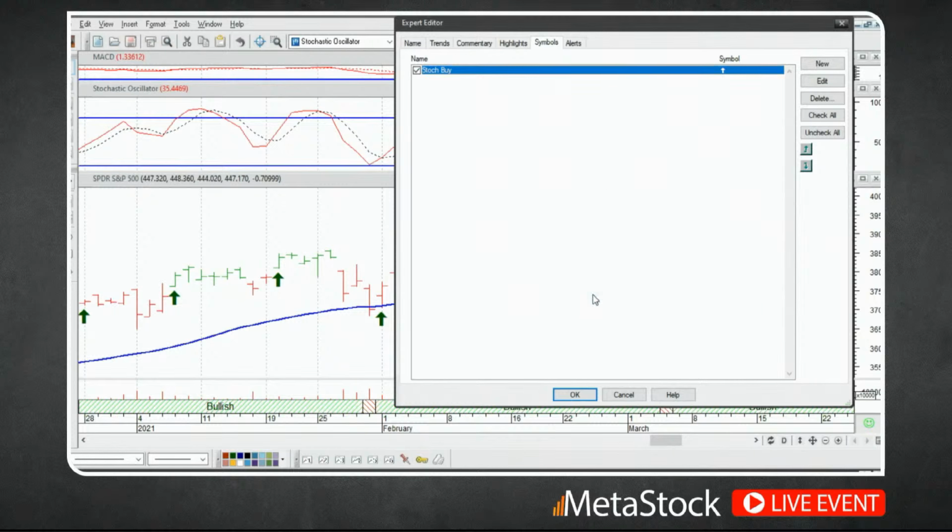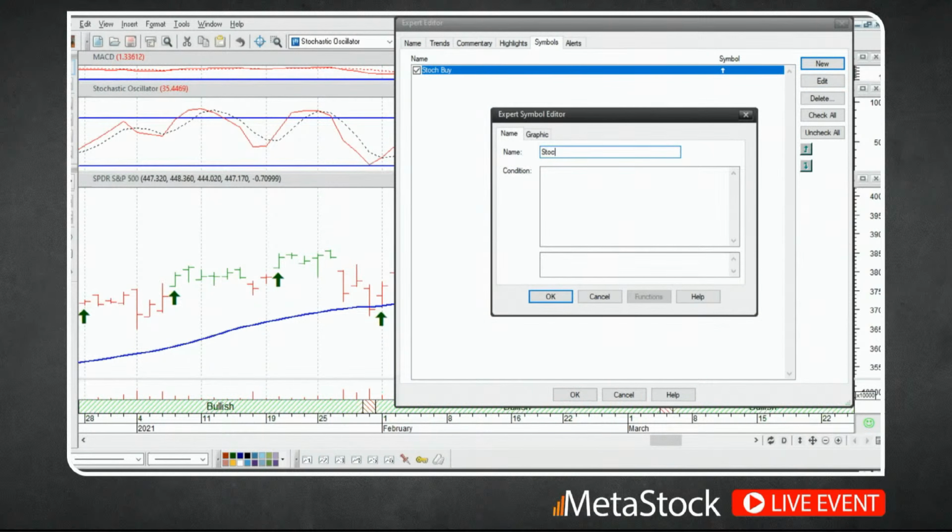Again, I'm going to go ahead and cancel out of here. We'll click on the new button over here on the right-hand side, and we're going to call this a stochastic sell signal. And I'll paste in that same formula. But this time, the difference is I need to identify where the solid line is crossing down below that dotted line. So in order to identify that using this formula, I need to reverse these data arrays. I need to put the moving average first, followed by the stochastic second. And by doing that, that'll identify the exact opposite of our buy signals. So I'll go ahead and just make a copy of this right here.